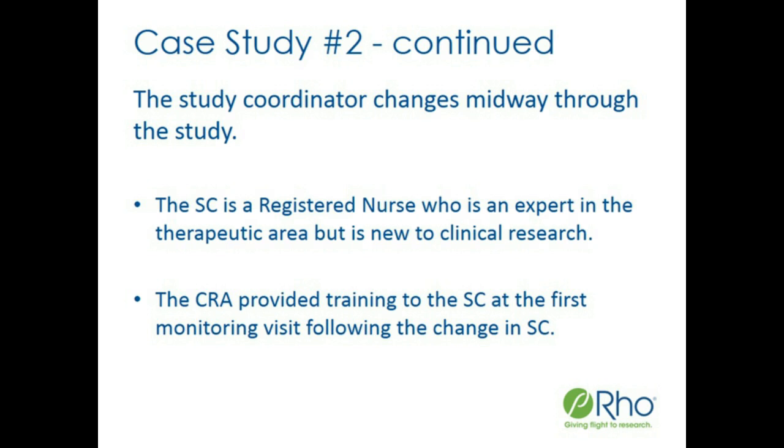But in this case, the study coordinator changed midway through the study. The good news is that the replacement is a nurse with expertise in this therapeutic area, but the initial flag that we see here is that she is new to clinical research, which means that she's going to need some education, training, and additional hand-holding from the team in order to effectively move into this role. And you can see here that we've noted the CRA did training for the study coordinator at the first